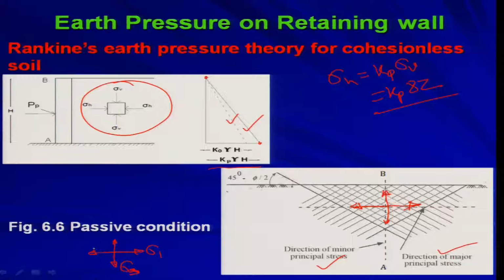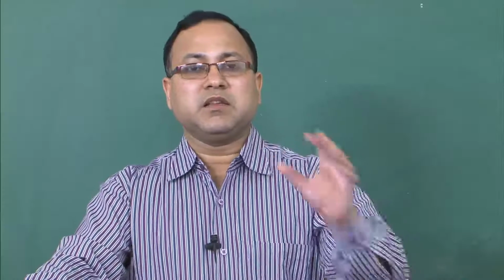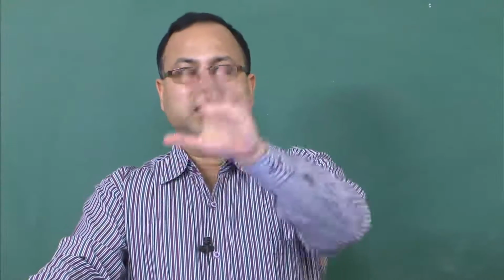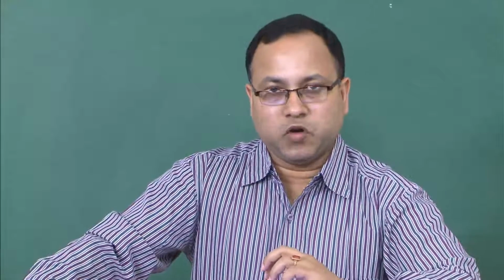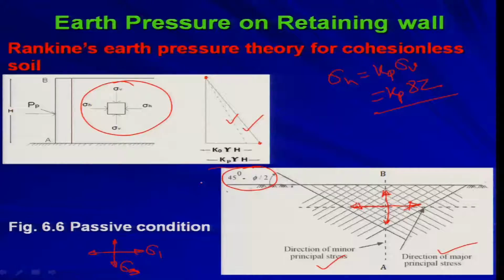So, in this condition, if you try to plot in the Mohr circle, you will be getting the shear lines which will be making an angle 45 minus phi by 2 with the plane on which sigma 3 is acting. Sigma 3 is acting on the horizontal plane. So, 45 minus phi by 2 is the angle between the shear lines and the horizontal plane on which sigma 3 is acting. Now, this will be clear when we talk about the Mohr circle representation. So, therefore, you will be getting the failure surface which will be inclined